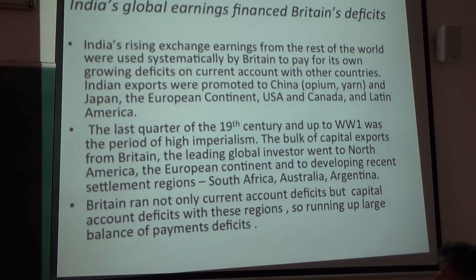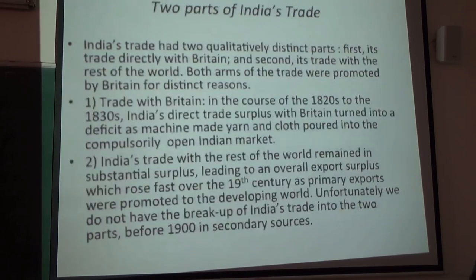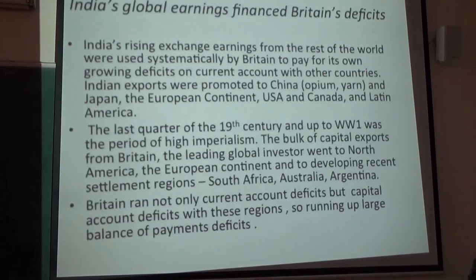And as I've already mentioned, Britain ran not only current account deficits but capital account deficits with these regions. And so it ran up large and increasing BOP deficits with the areas of recent settlement, with continental Europe and the USA. Now this balancing role has been widely recognized ever since